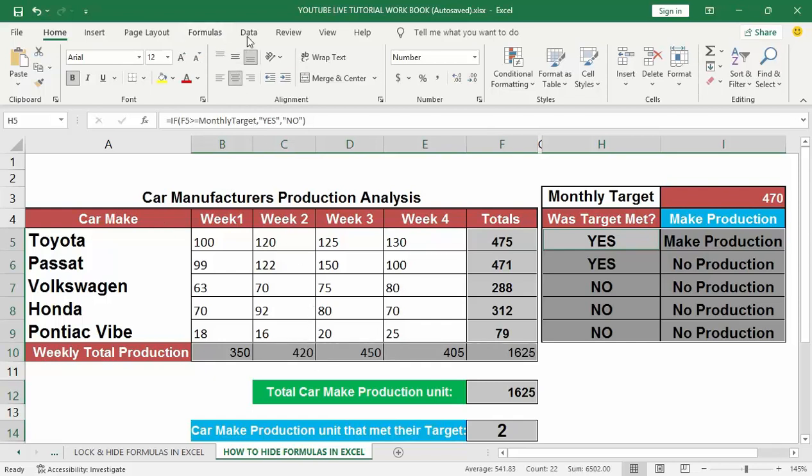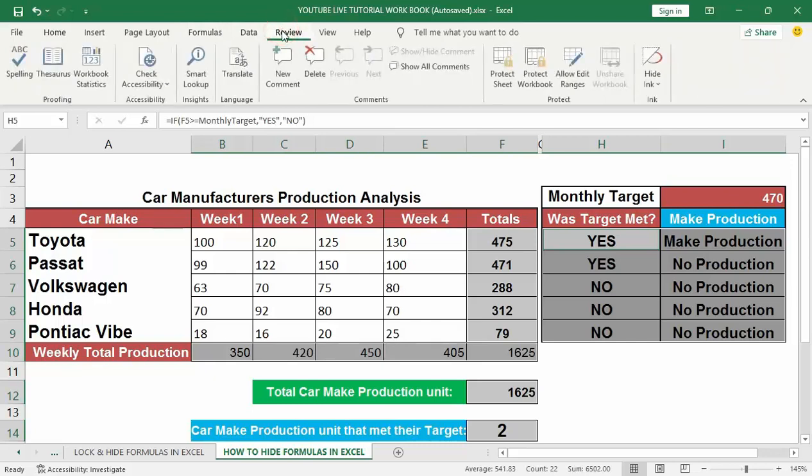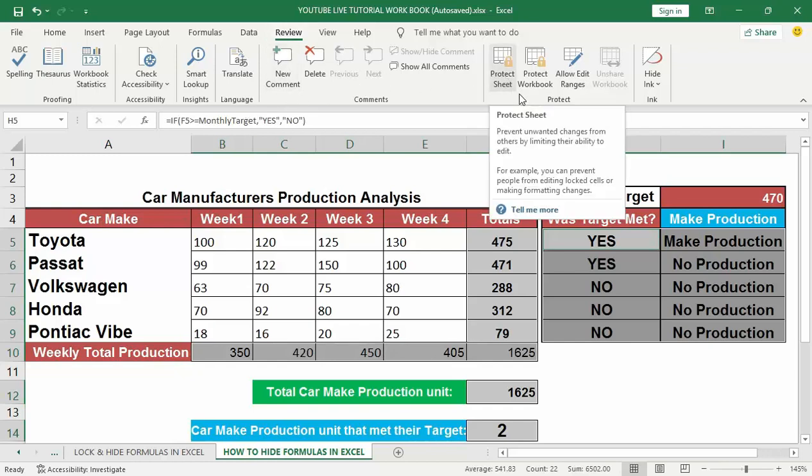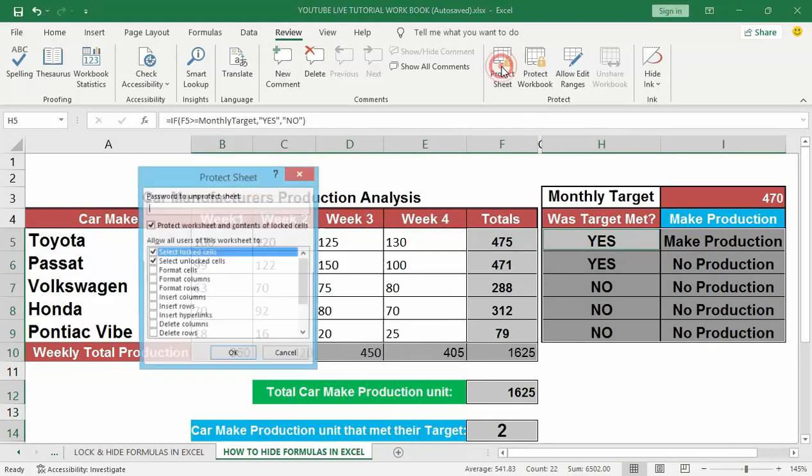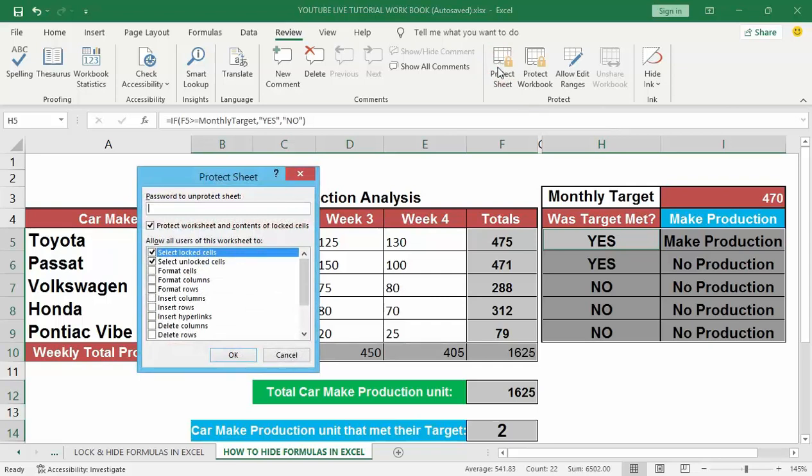Click on the Review tab right at the top here. In the Changes group right here, click on Protect Sheet.